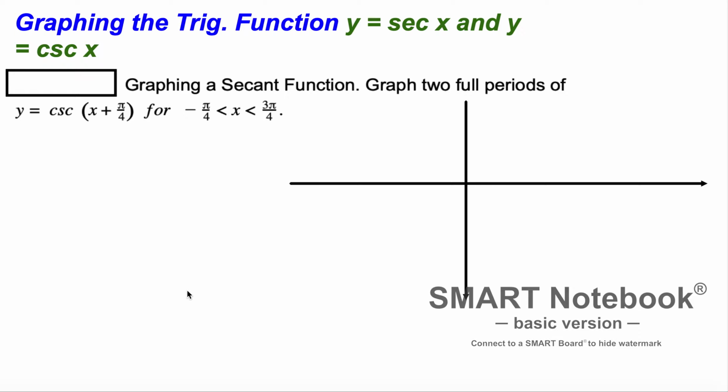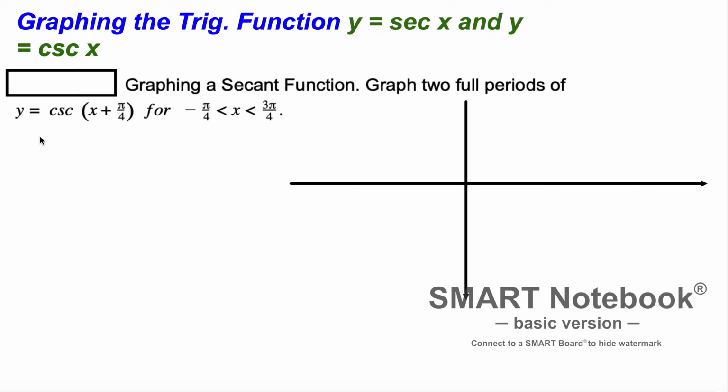y is equal to secant x and y equal cosecant x. Graphing a secant. In fact, here is a cosecant function, because the graph of two full periods y is equal to the CSC. It means it's a cosecant. x plus pi over 4, in the interval between minus pi over 4 and 3 pi over 4. So first of all, here the cosecant, this function here, cosecant, is related with the sine,